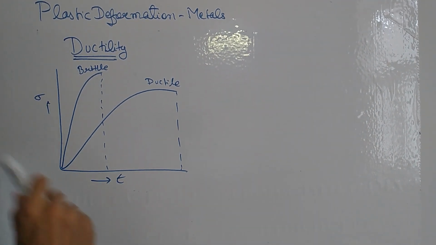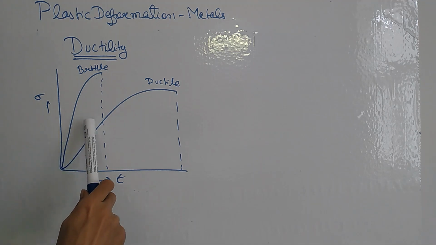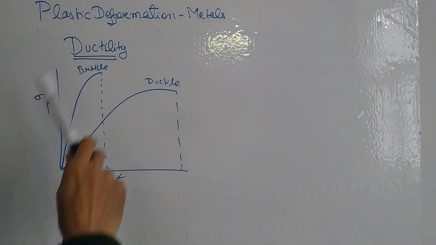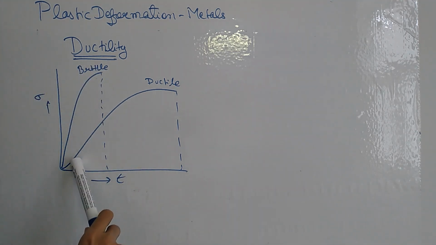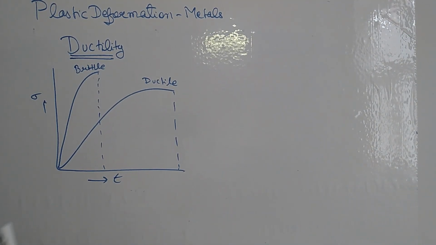Ductility is defined as the percentage elongation which the material can bear before fracture. For a brittle material, the percentage elongation may be very small, and ductile materials typically have a large percentage elongation which they can bear before failure. Typically in engineering design, ductility is an important criterion because it gives the design engineer the amount of deformation which the material can bear before going to failure. Sometimes ductile materials are also called forgiving materials because they allow the material to deform before going to fracture.